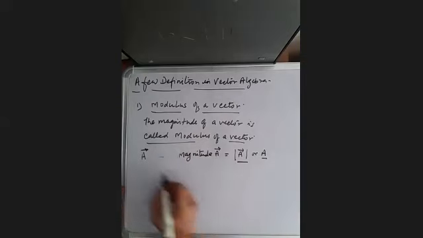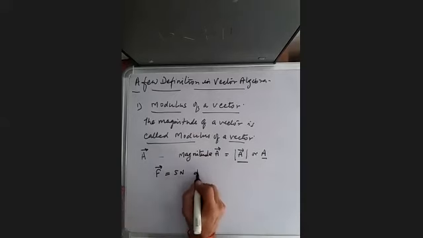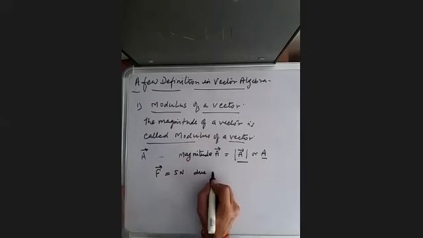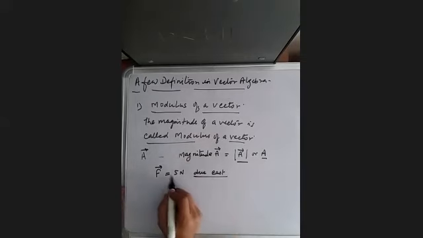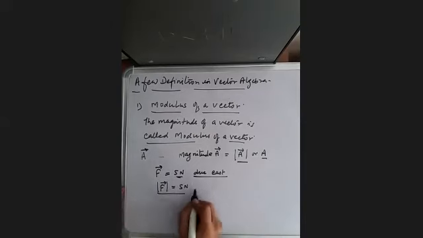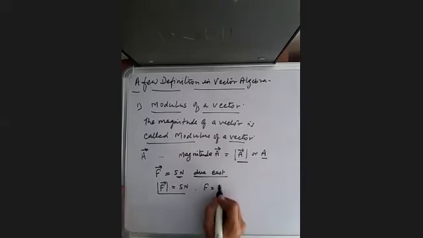For example, a force is a vector and it is 5 Newton acting in the east direction. Magnitude will give us only the magnitude and no direction. So that's how we write down magnitude: force with two vertical lines around it is equal to 5 Newton, or just F is equal to 5 Newton. That is how we write down the modulus of a vector.